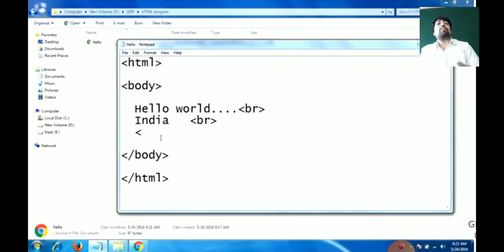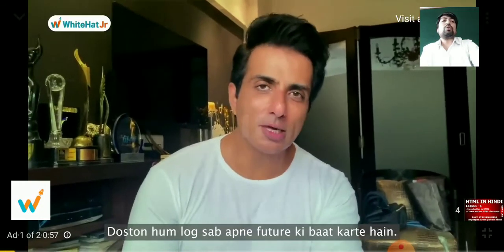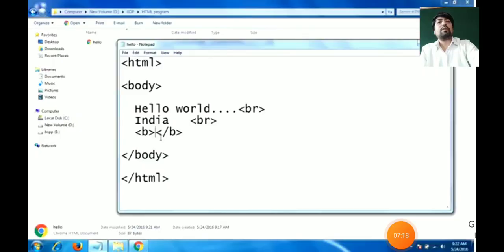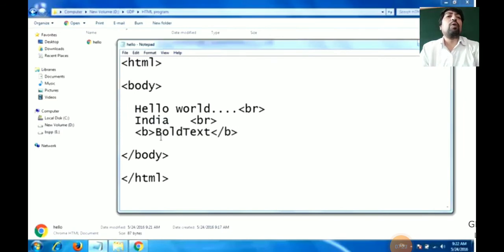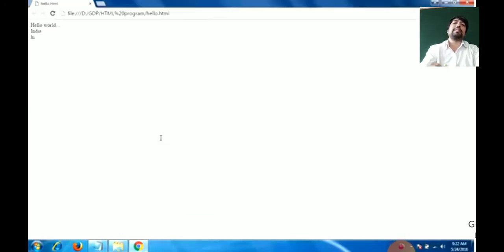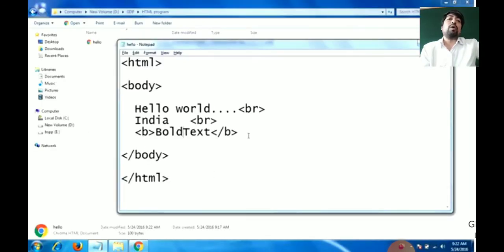You can see the procedure of how to open a notepad in my first video on HTML. Then I took the B tag, which means bold, and that is the most important tag for making the text appear in bold format. So the B tag is there for appearing the bold text. I have written one text there, bold text. The text will appear in bold format. I can change the text inside the B tag. You can write any text.